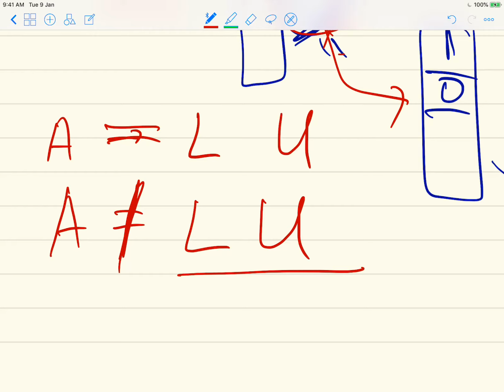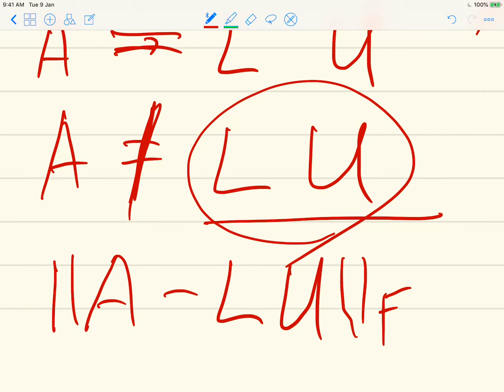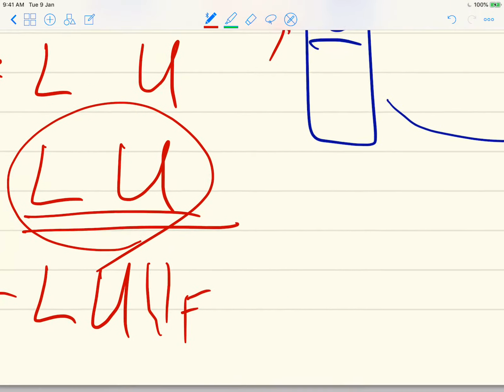Once you compute the actual product of these two matrices, we can compute the Frobenius norm of the difference between the original matrix A and L times U, and this error should be really small in general. But this error can be really large if we don't use any kind of partial pivoting. In that case, A is no longer the same as LU, and thus